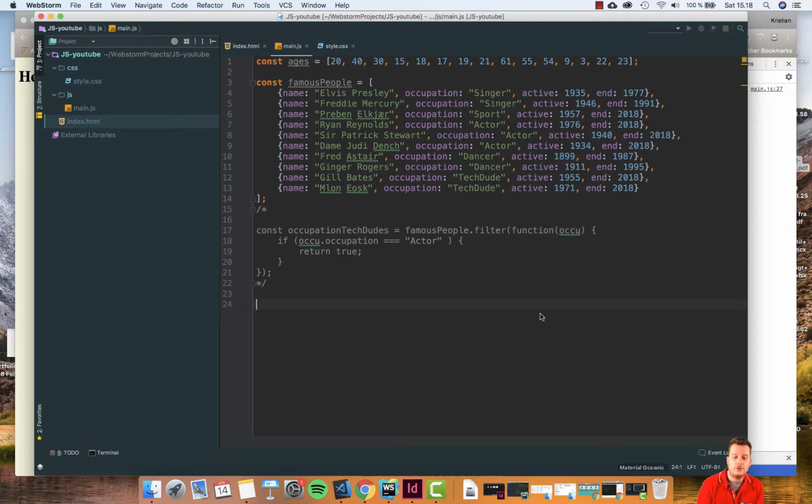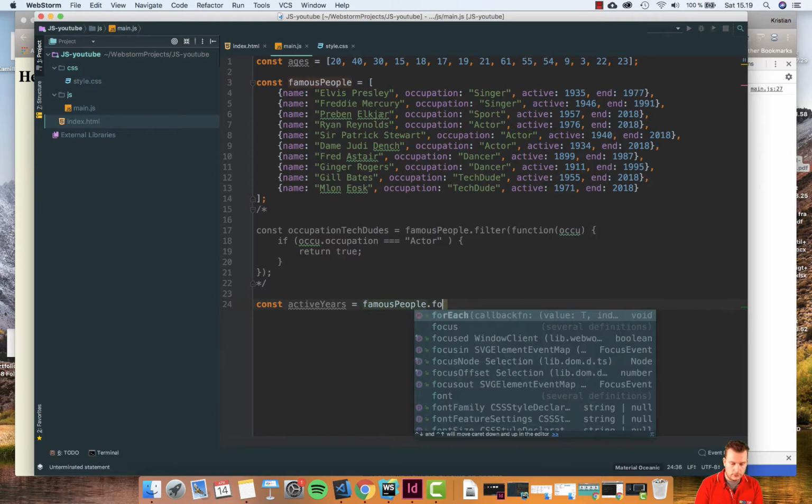Let's do two more filters to see how we can actually use this a little bit more. But let's start with a constant, and we're going to do an activeYears. So we're going to be calculating from two sets of years. So for example, 1920s to 1980s or something like this, if they were active. So do this constant activeYears, and then we're going to be using again our constant up here, famousPeople,